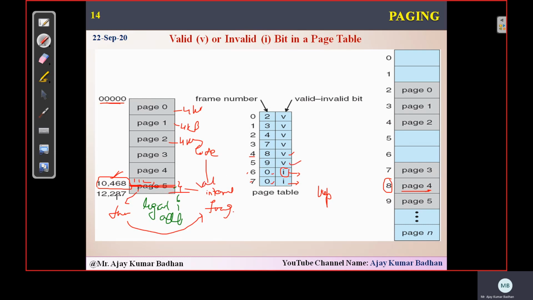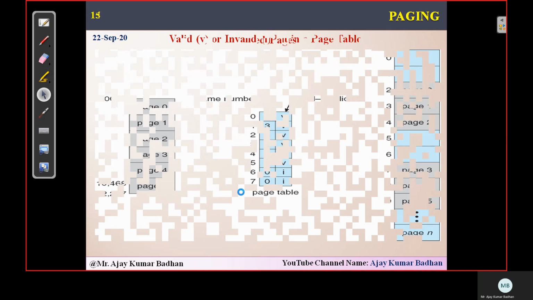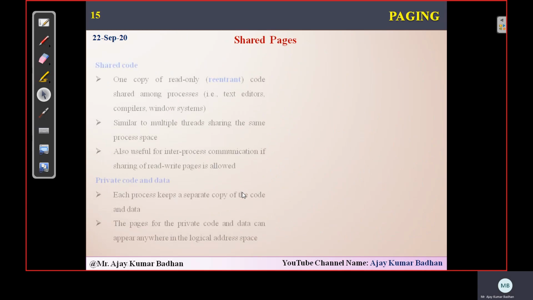You can see here, 9, valid. Means after that, even though we are not accessing the memory in between, that memory is still showing as the invalid bit. And that is where we come across a drawback. That is the limit of this particular valid and invalid bit. Okay, but still we people are using it, but the latest technologies have overcome this problem. I hope it's very clear with respect to that.